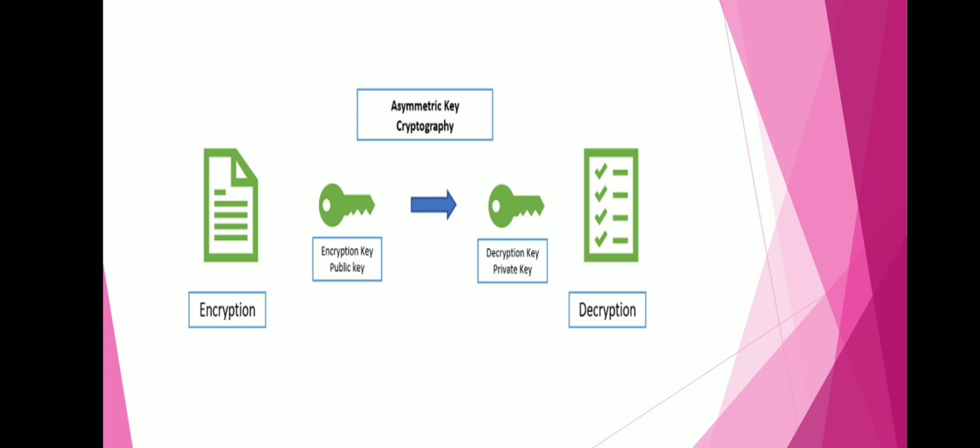Okay, let me give some examples of public key cryptography. The famous public key crypto systems, like we have RSA, which was introduced by three cryptographers, Rivest, Shamir and Adleman. Similarly we have ECC, that is elliptic curve cryptography, and we have DSA, that is digital signature algorithm. So there may be a number of public key crypto algorithms in the cryptography part.